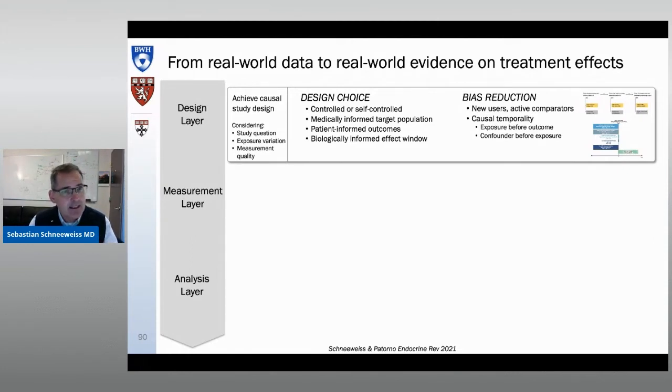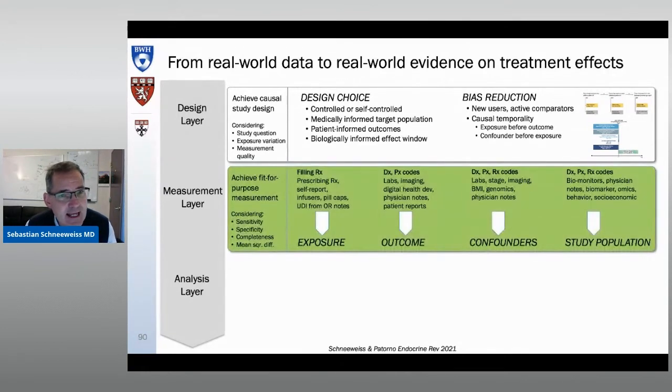The next layer, please click, is not a very glorious layer, but it's one of the most important layers, the measurement layer. Nobody's ever got a Nobel Prize, not that an epidemiologist has ever got a Nobel Prize, but certainly not in this area, but it is the gasoline in the car, right? And the measurement layer is where a lot of confusion happens. And we can simplify that layer by saying that we need 4 types of variables in order to run these real-world evidence studies. We need to identify the exposure, the device, maybe very specifically what type of device.